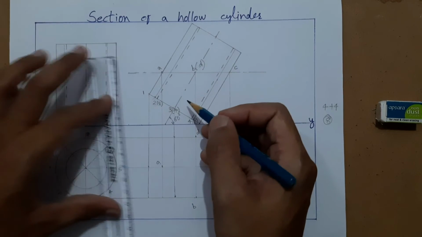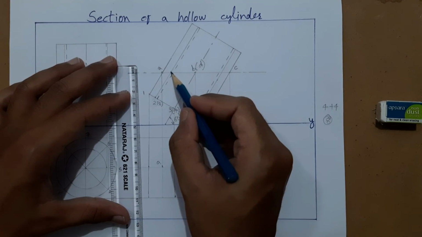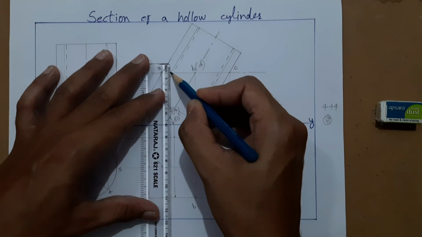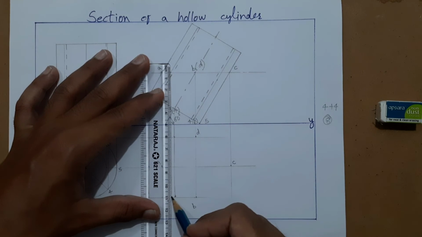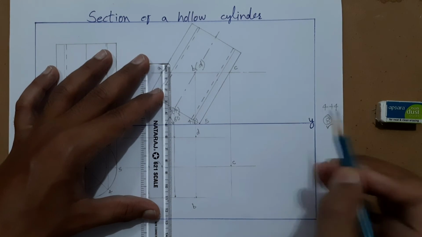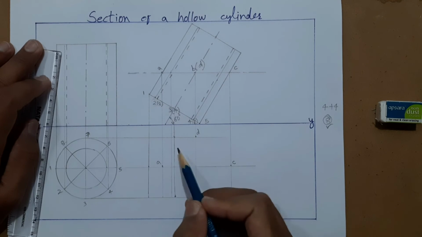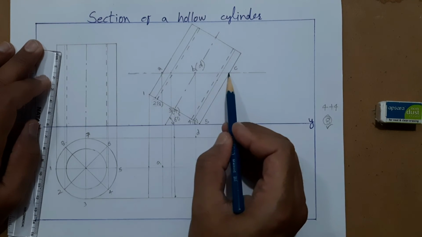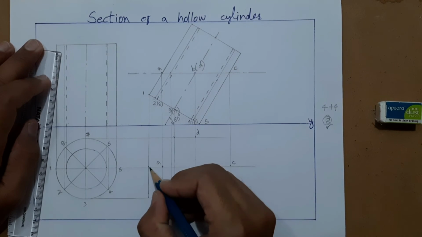Now we will mark here the intersection of the section plane with this new generator which you have drawn. So if you have a basic idea of a cylinder, to construct with the 8 equal parts, then you will understand this. First I have not included 8 equal parts because while drawing the section you may get confused with the A, B, C, D section points. So here